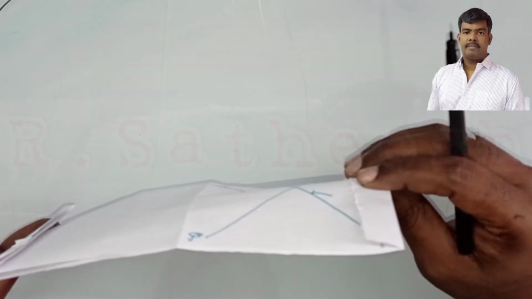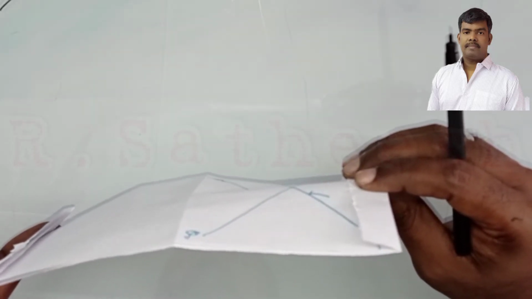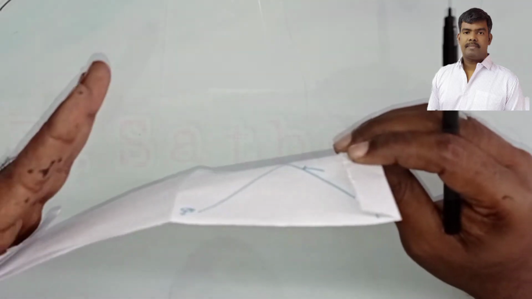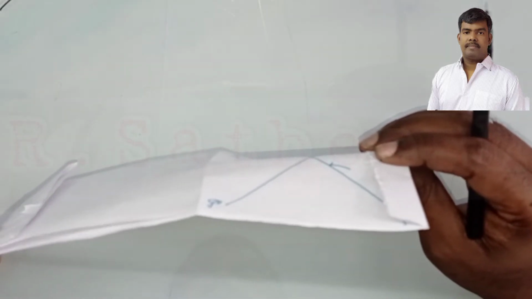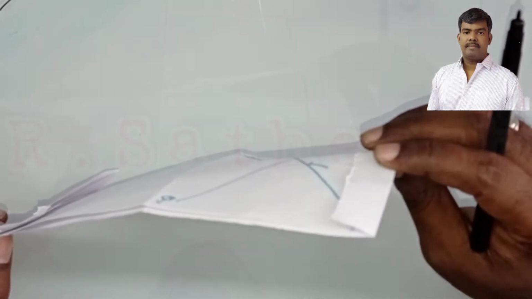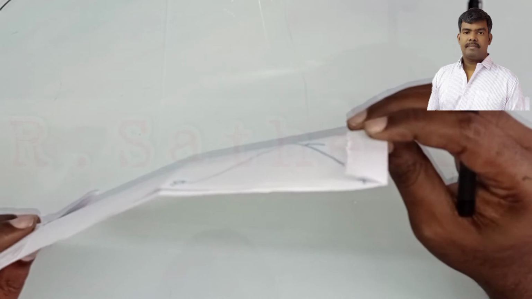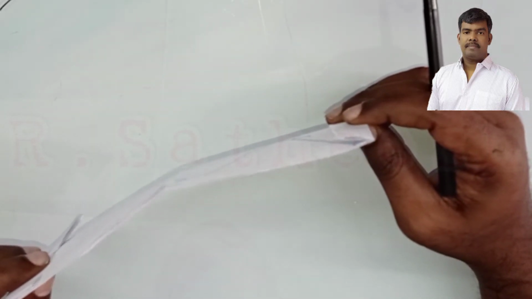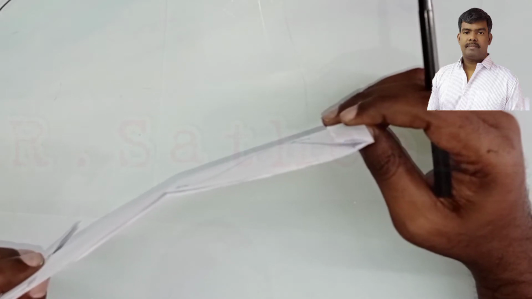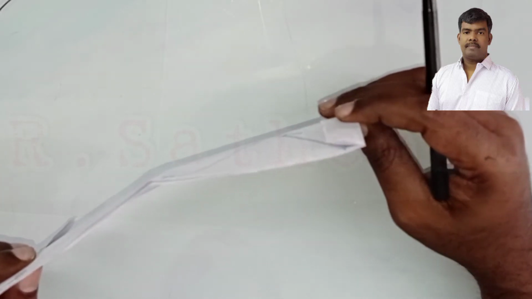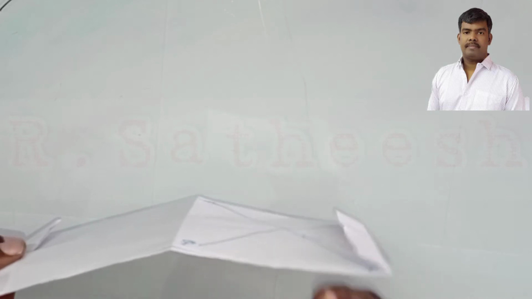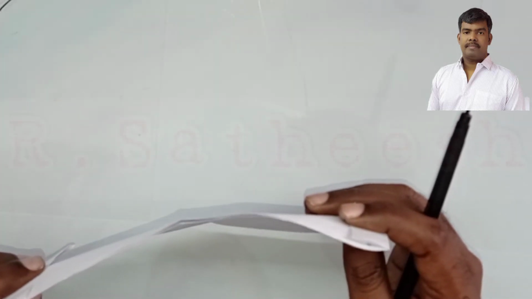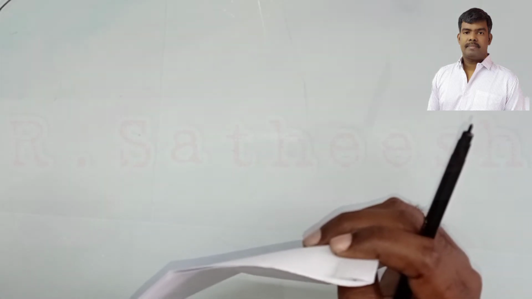So the shorter side is in the VP and inclined at 30° to the HP. At present the shorter side is perpendicular to the HP, and now we need 30° to the HP. At the same time, project its top view if its front view is a square of 30 mm sides. So while tilting, the front view appears as a square of size 30 mm. Now this problem belongs to the case of a plane inclined to both planes.